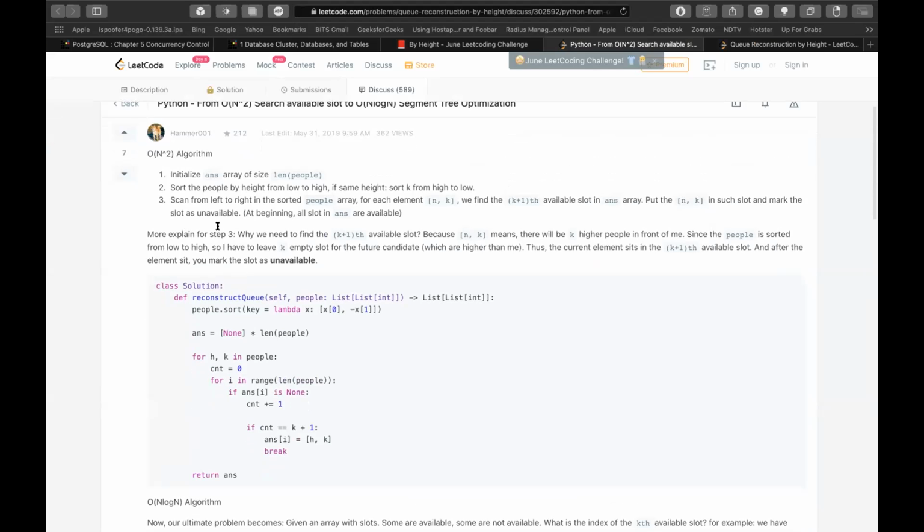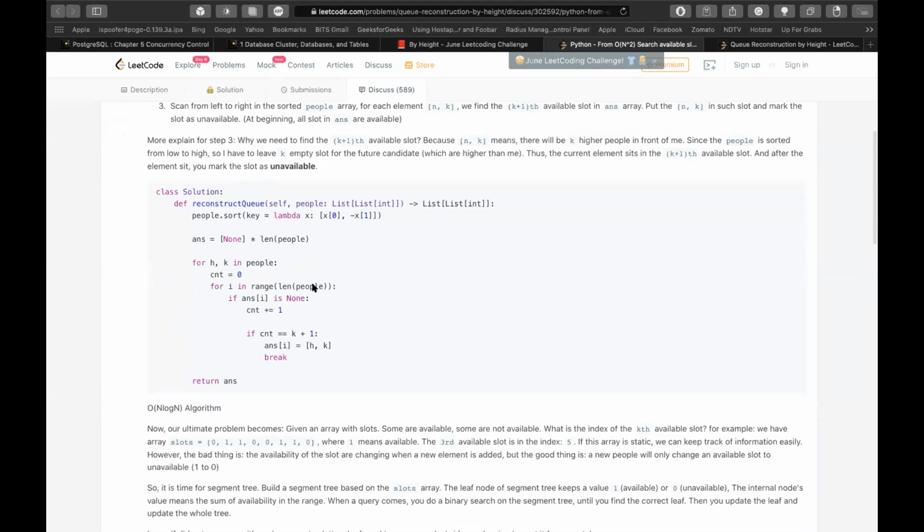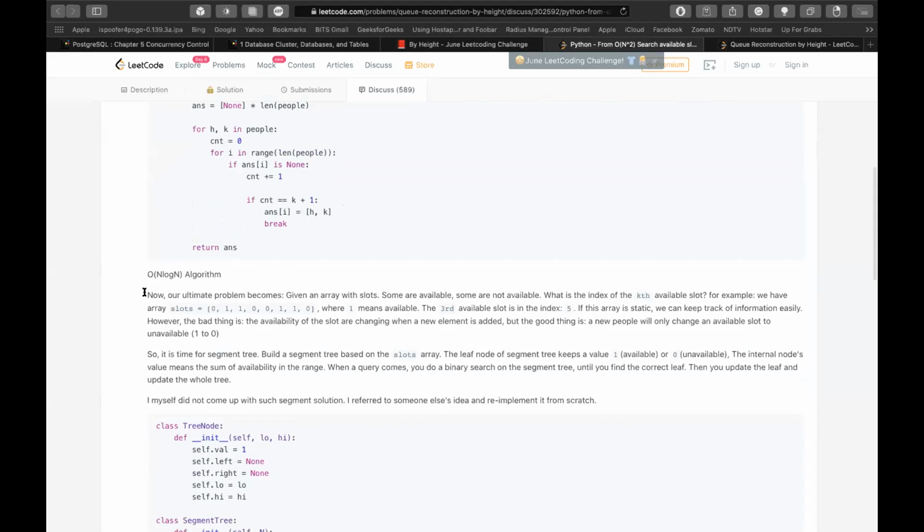As Shashank has explained, they try to create the queue in the same way, low to high, and they are taking the k and the high to low. When they are trying to construct the array, they are trying to find whether there are any empty indexes, and they are trying to find the count like that. But instead of that, they have taken an array, and initially all are available.